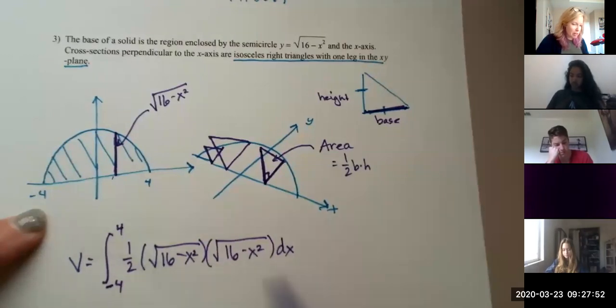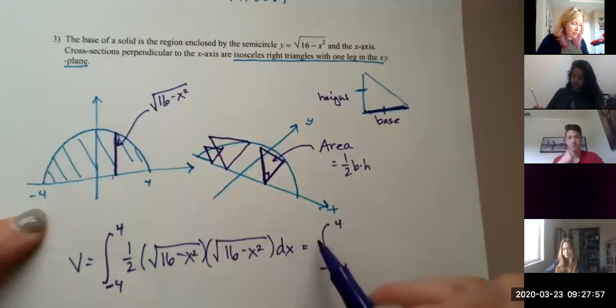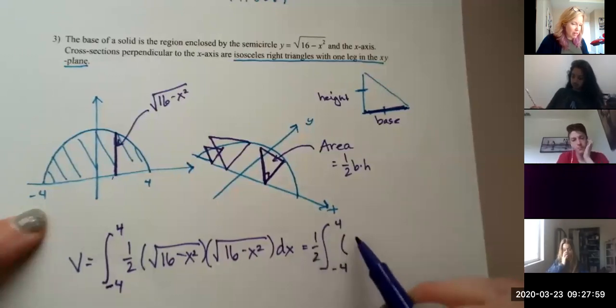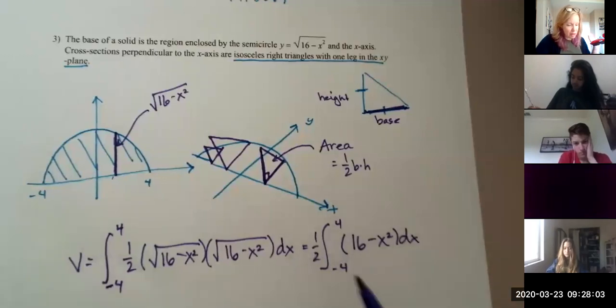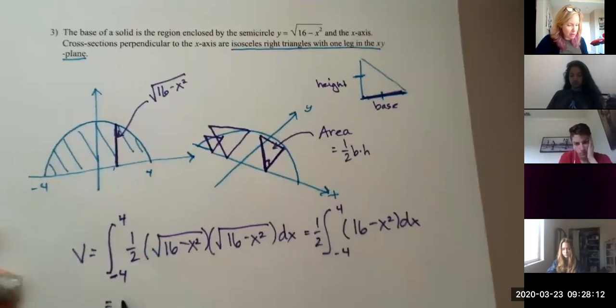So this square root times square root is just going to simplify out to -4 and 4. I can pull the 1/2 out in front. I've just got 16 minus x squared dx. Or like I said, we're not super worried about the integration right now, so you could literally just put this in your calculator right now. And I'm going to end up with a volume for this particular shape,